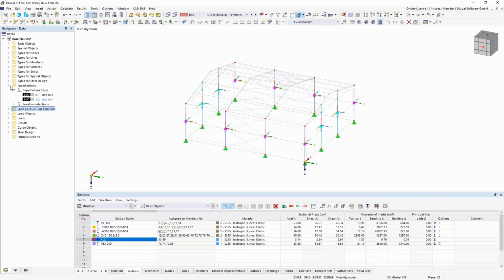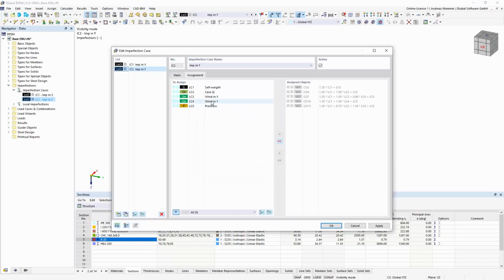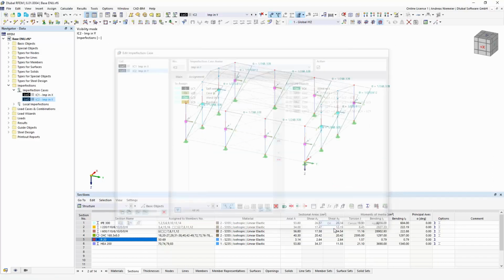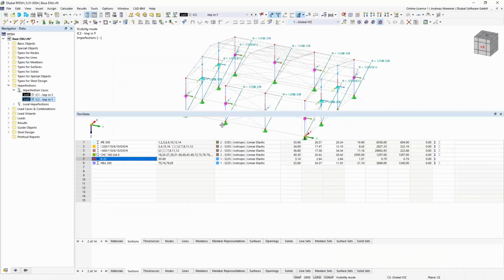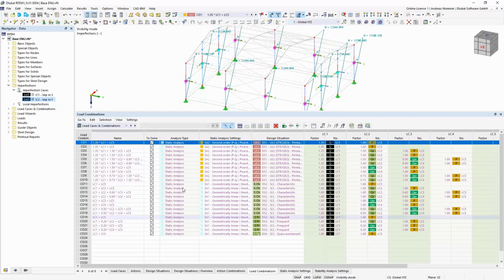The only thing what I forgot was that we have to assign this y imperfection into wind in y direction. So now we get even here the imperfections or the load cases according these definitions.